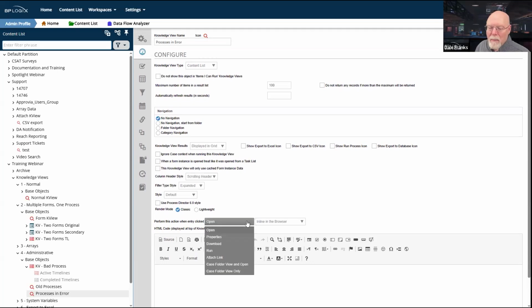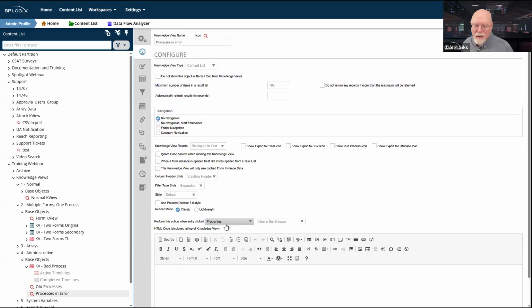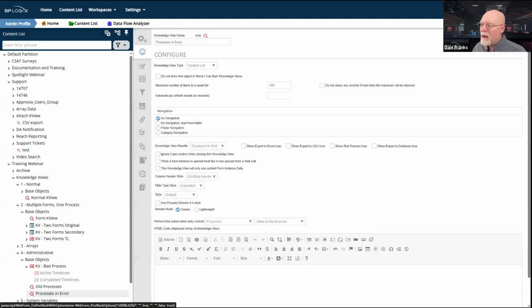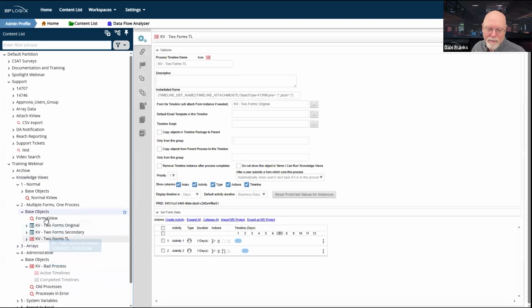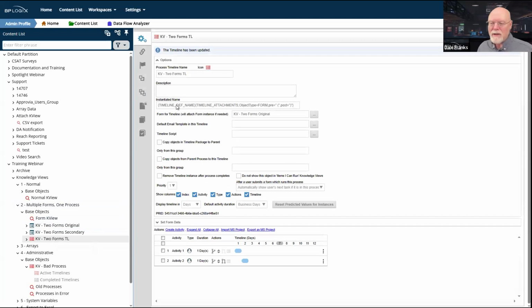You may have to set it to Properties, perform this action when entry clicked. Oh, I have no processes in error. Well, let's go back to here, and I can show you what the difference is.